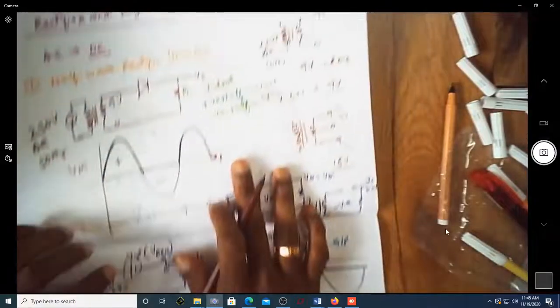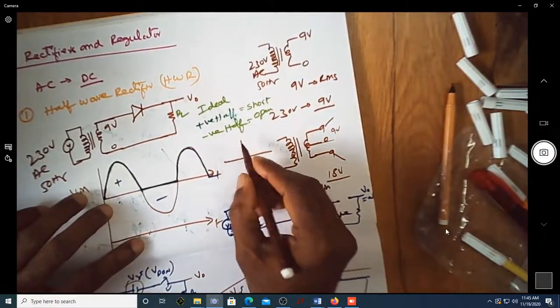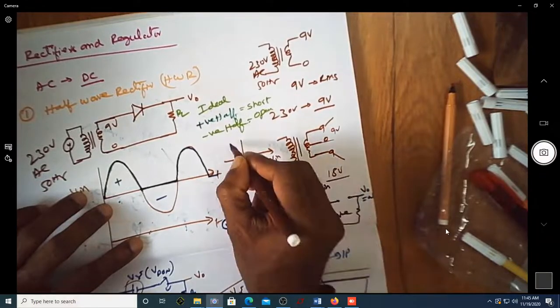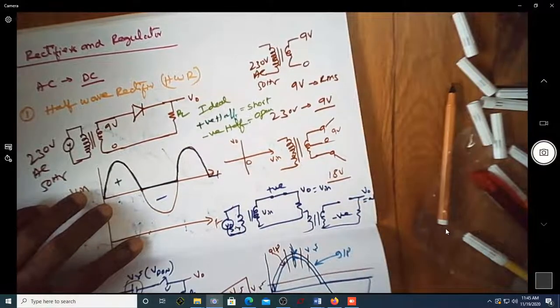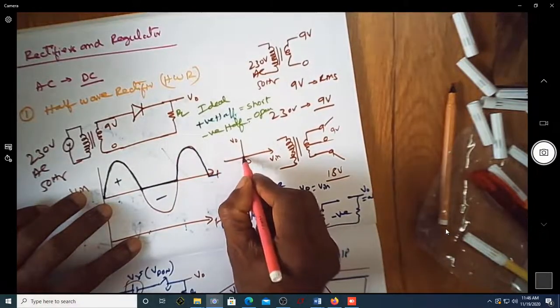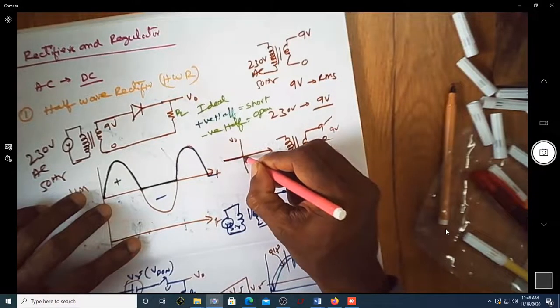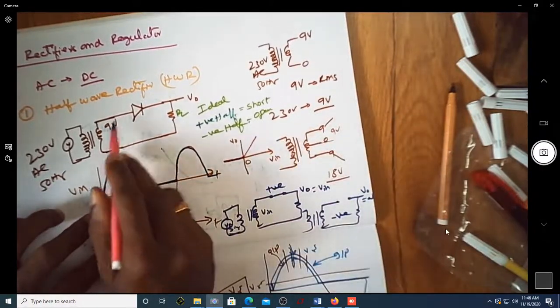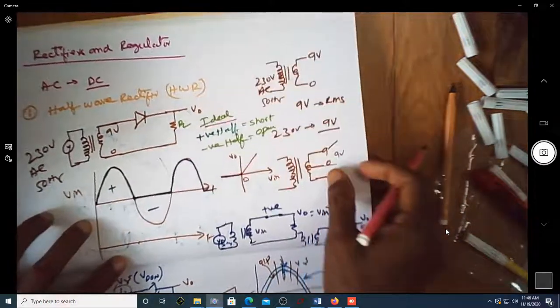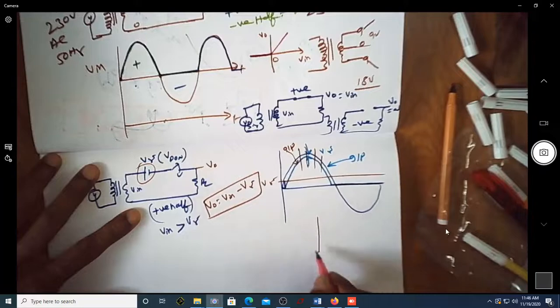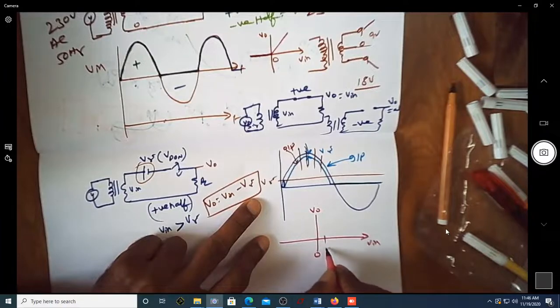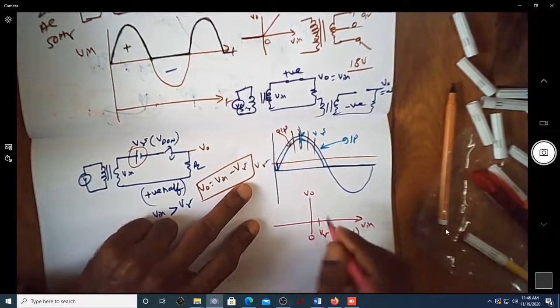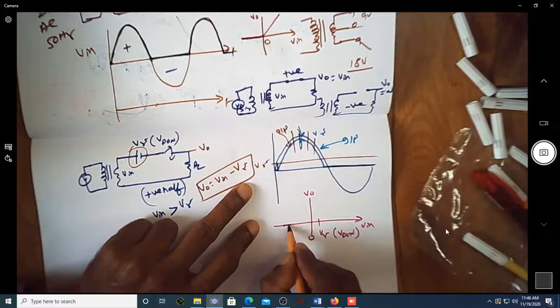If you write the transfer characteristics of this diode, this half wave rectifier, with V in and V naught, during the negative half cycle the output is 0. If you consider the positive half cycle, from 0 itself it is rising, because you are considering an ideal circuit. If you consider a non-ideal circuit, this slightly changes. This is V naught, this is V in, this is 0. If you consider this as V gamma or VD on, till VD on it is 0 here. You can see the output voltage is 0.